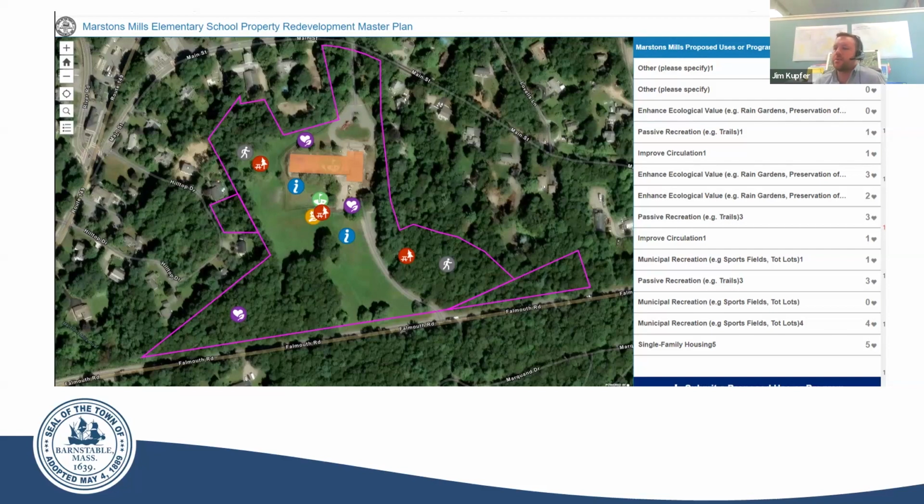Ultimately, once we close the comment period, which will likely be in a little over a month, we haven't set a hard deadline just yet, but once we set that deadline and we collect all those comments, we will publish all those comments. We may not put names to those comments, but we will put in full the comments that are received. So you can see what other folks in the village and in the community are saying and interested in. And it can also help understand why maybe certain concepts are being looked at.